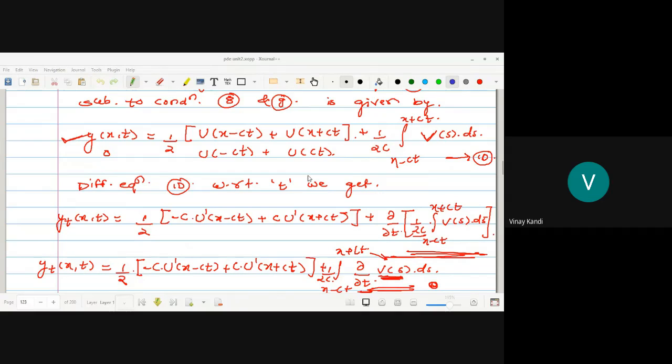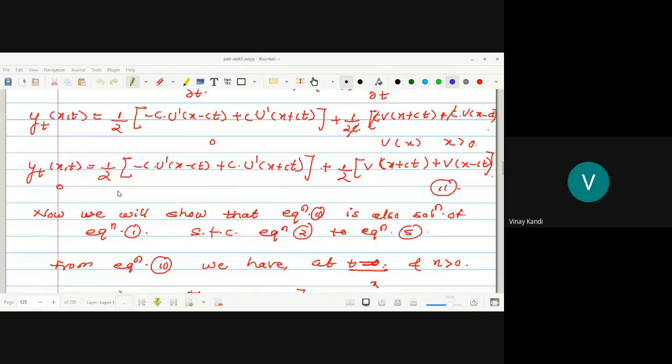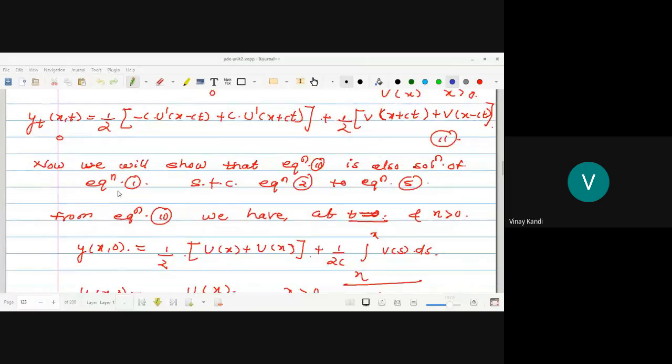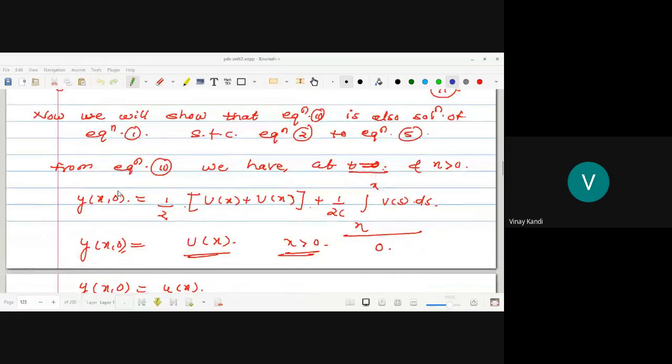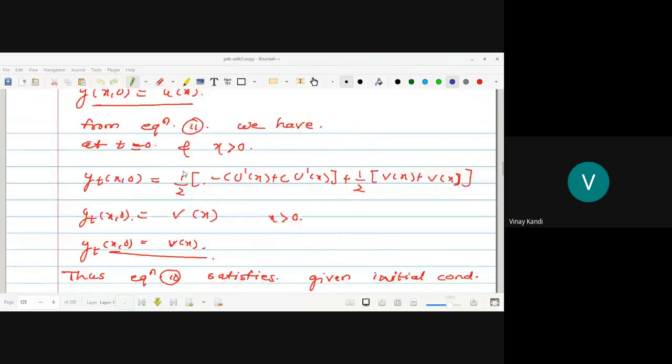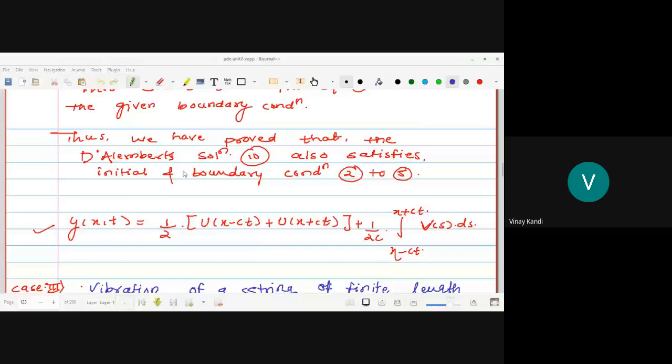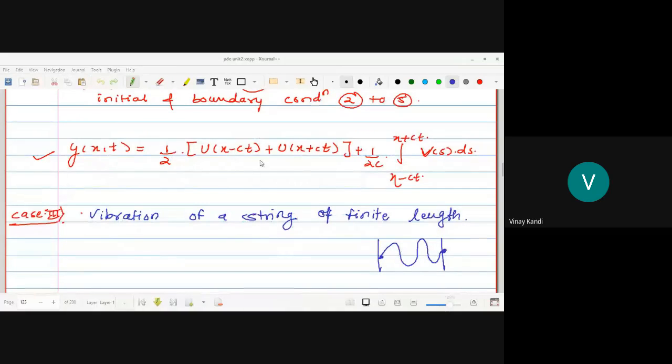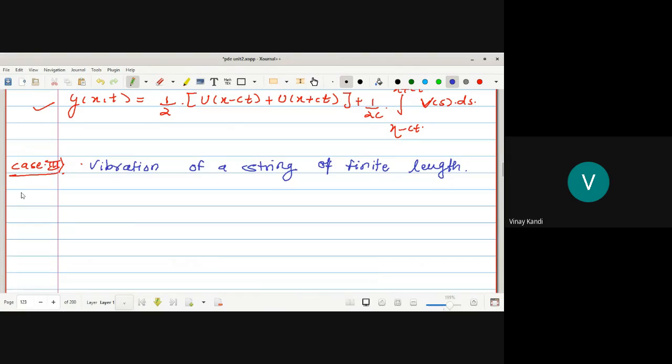Now in this lecture, we see the solution of the second order partial differential equation when the string is of finite length. This was the solution for the semi-infinite string. Now, in the finite length case, both ends of the string are fixed. So, the vibration of a string of finite length. So the result is